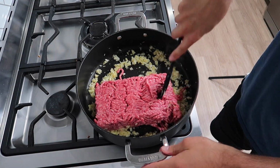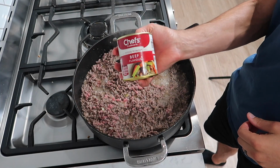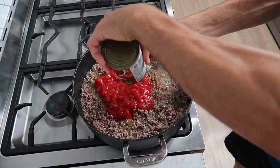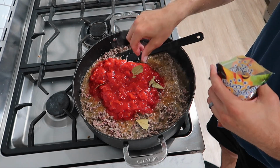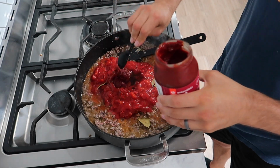What we're going to do with that is we're just going to break that up, brown that up. Next we're going to add just a teaspoon of the beef stock, works as a bit of a seasoning, followed by 2 tins of just diced tomatoes. Next we're going to add our bay leaves. These are pretty old bay leaves. It says 2 bay leaves in the recipe, but I'll probably add 3 or 4,